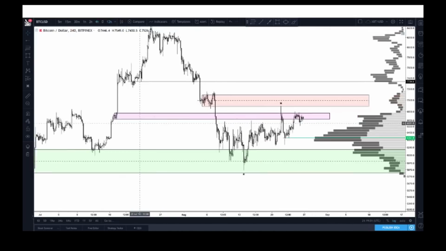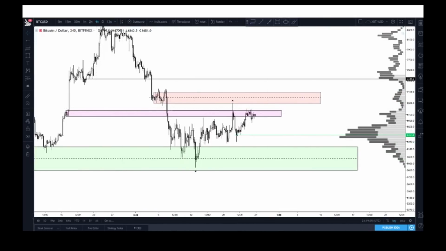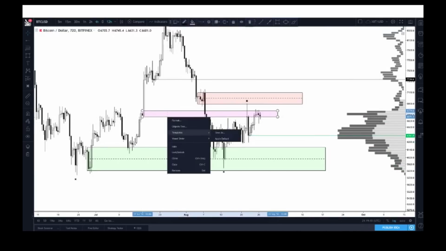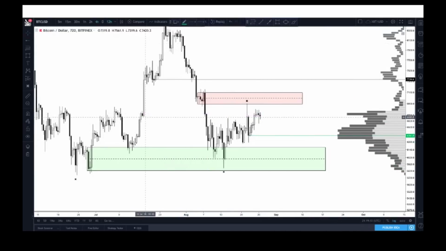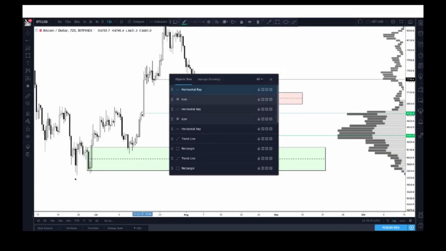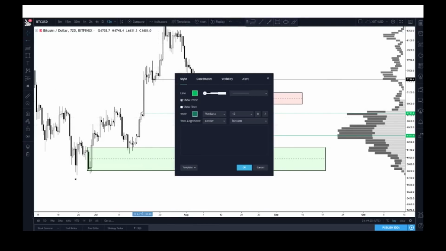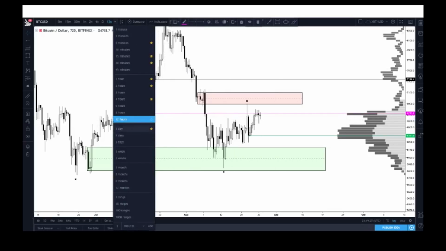You know what? You could actually, just to make this so much easier for everyone, mark this just with a single line. Once we break and close above that line on whatever time frame that you're looking at, in this case it's the 12-hour, you would even do it on the 4-hour. Let's say if we went forward to go on the 4-hour here,